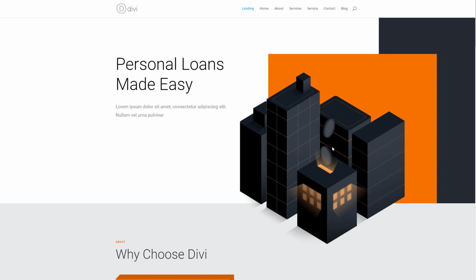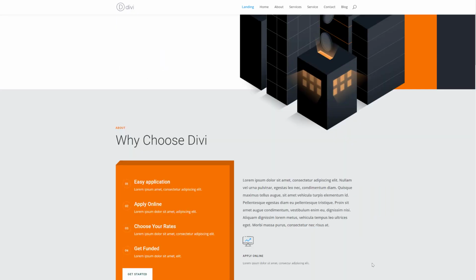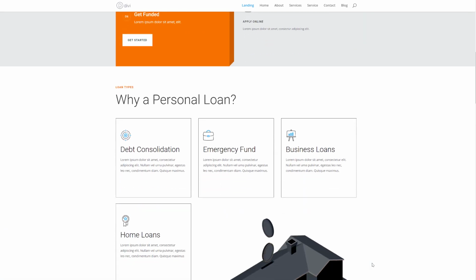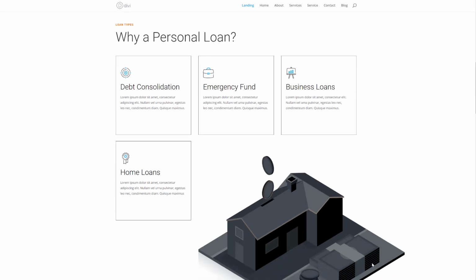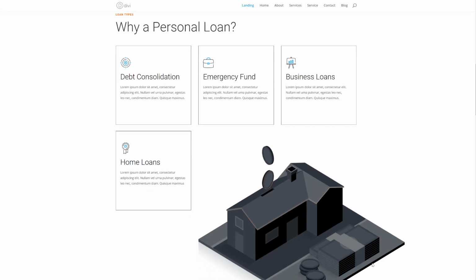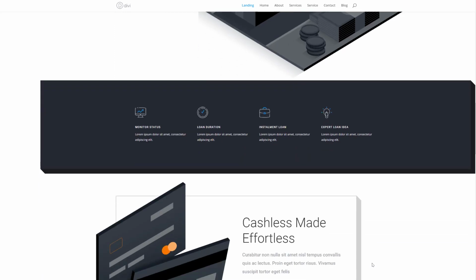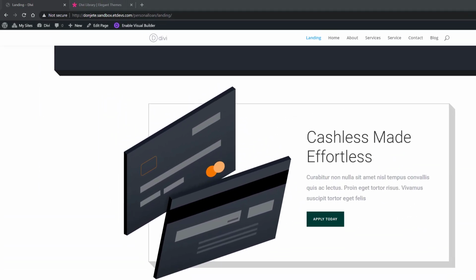Alright, so let's take a quick look at the personal loan layout pack. So this is the overall look and feel that you can expect from it. Really clean and modern, and you get a ton of free illustrations and icons which you can use without any restrictions. So if you want to lay your hands on this beautiful layout pack, you can go to